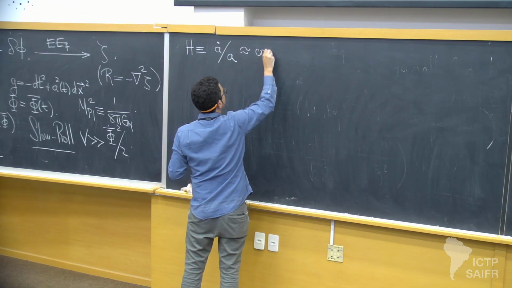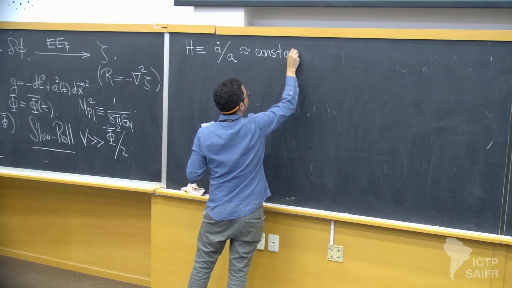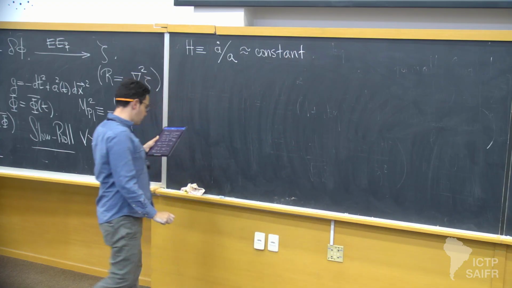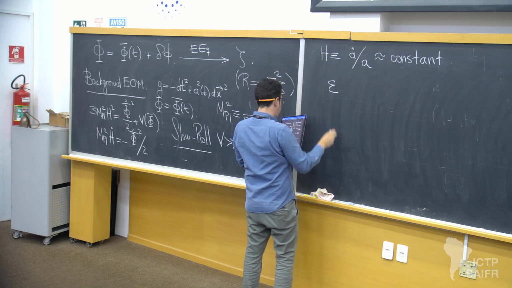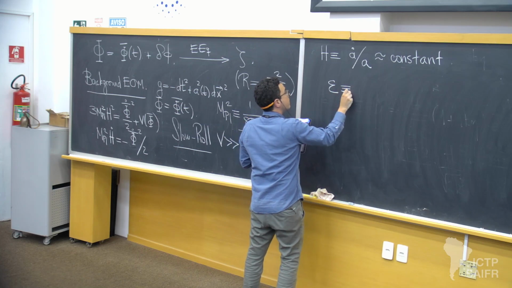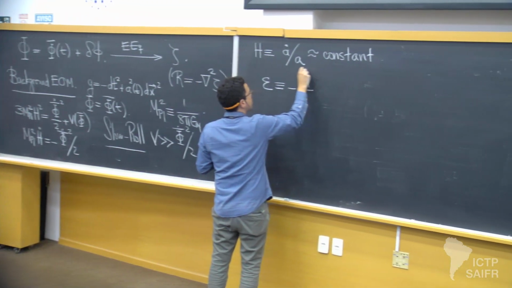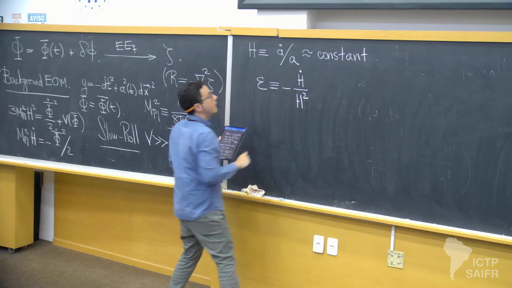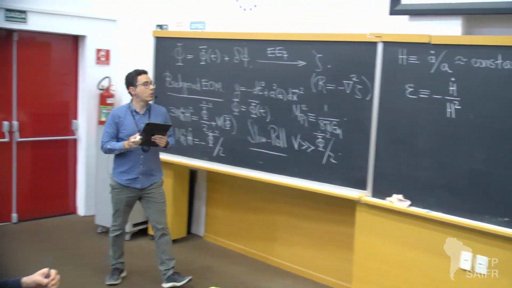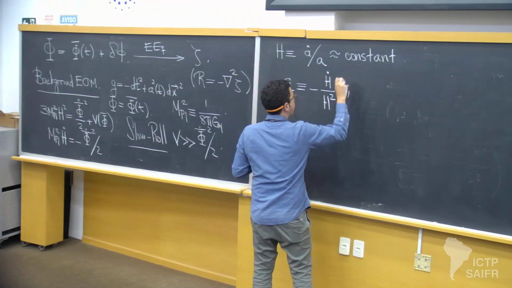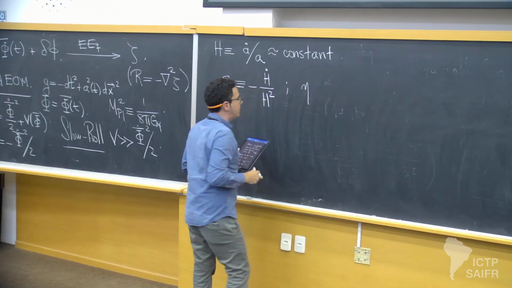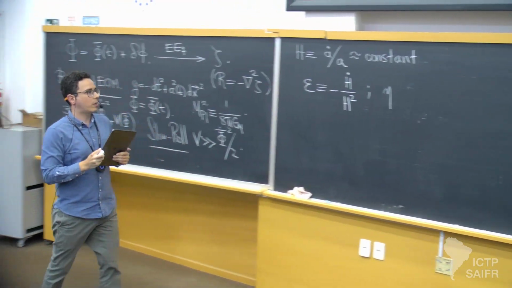I'm sure mathematicians are rolling in their graves now saying approximately constant, but we are physicists, we all understand what we mean. But if something a little bit more precise, epsilon, which is the dimensionless object that controls the change of the Hubble rate in one Hubble time,